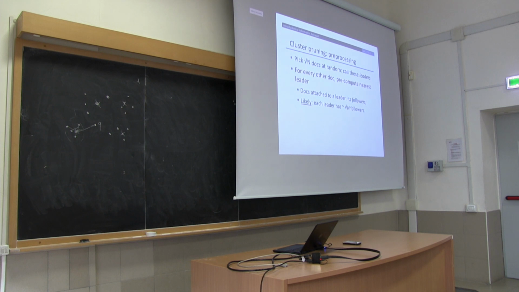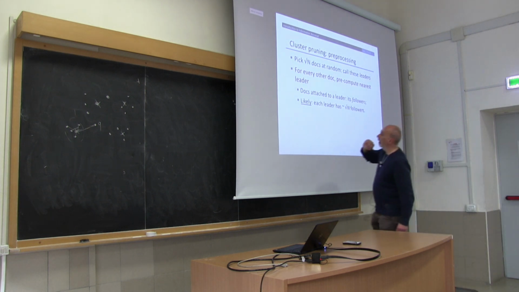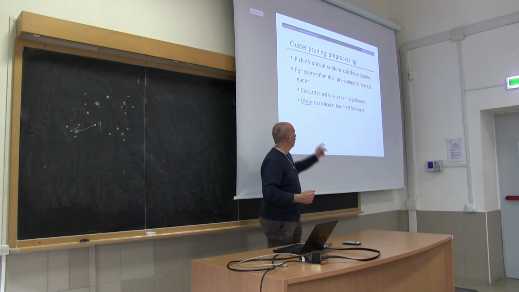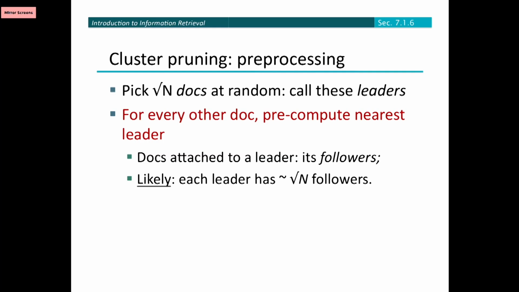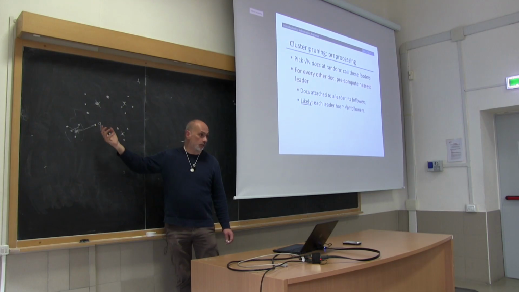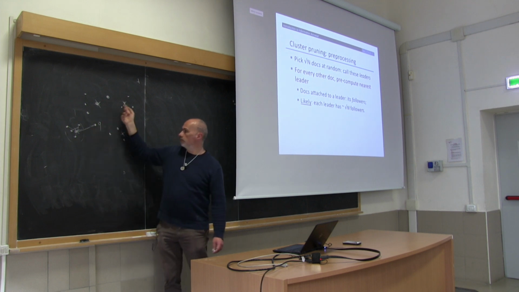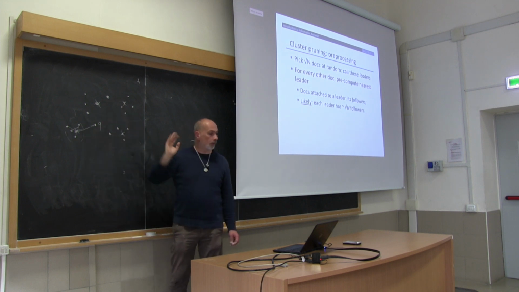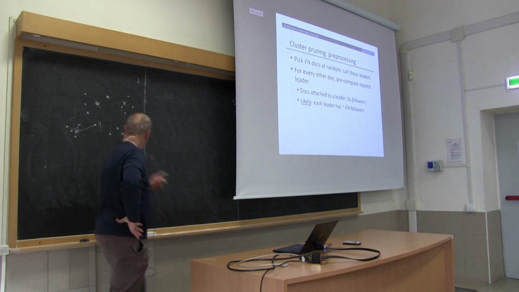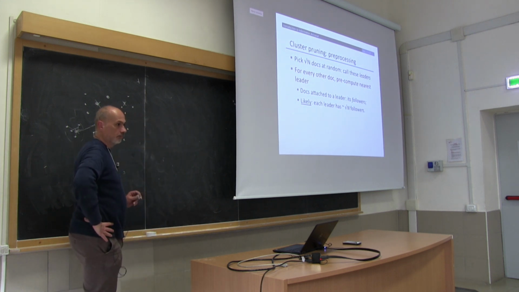But I'm not saying that we are going to cluster documents yet. We could, actually, people do cluster documents, but that's not the idea in this case. The idea in this case is a bit simpler. It says the following. Let's pick, in this case, it is square root of n, leaders, uniformly at random, okay? So we pick square root of n points, where n is the total number of points. We pick them at random, and we call them the leaders. And then we apply the strategy I was telling you.